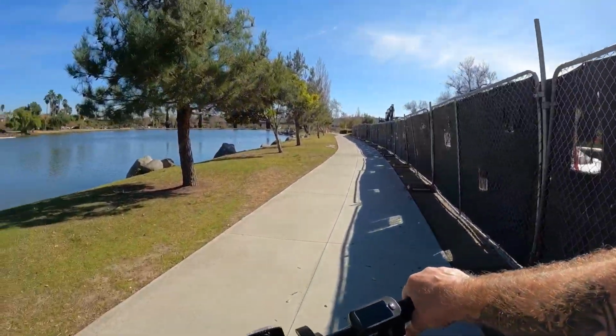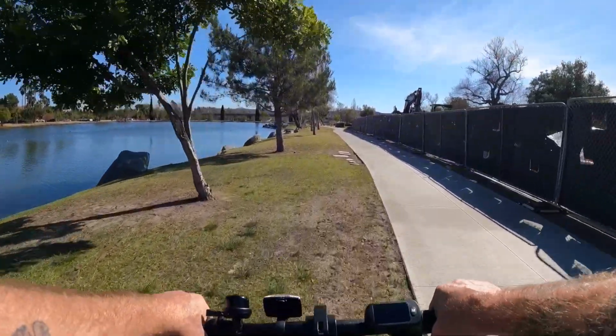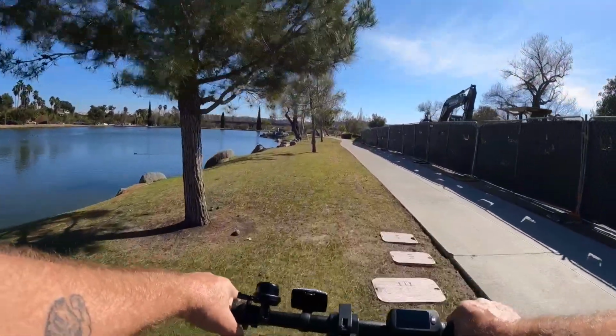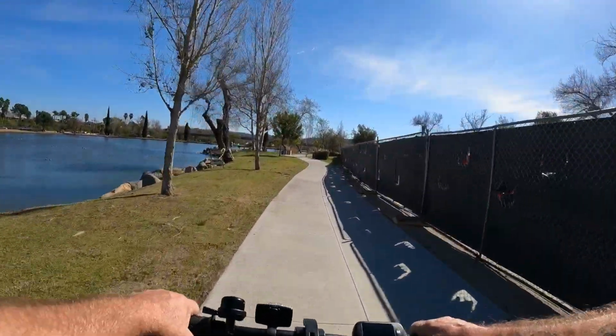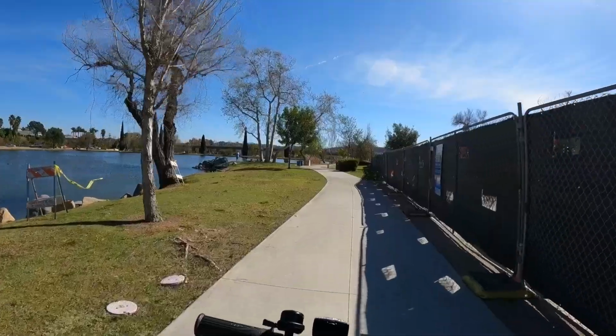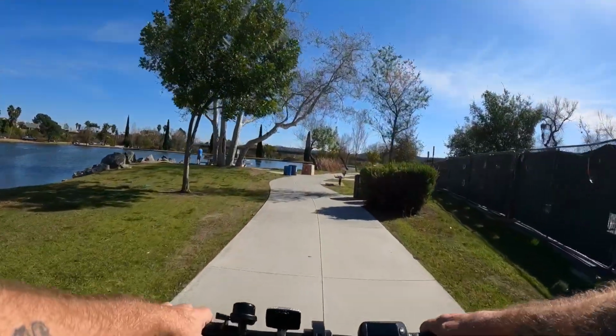It's not made for off-road, but you could easily go off the beaten path. I'm on the dirt right now. See this? If you had to, you could. I mean, you're not going to be jumping this thing. You're not going to be going on giant mountains with it. Nothing like that. This would be perfect for a guy that, let's say, worked a mile or 2